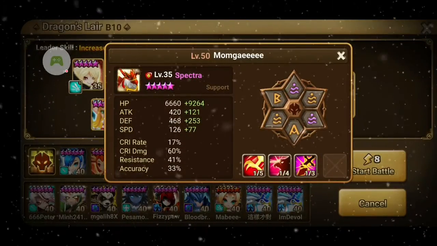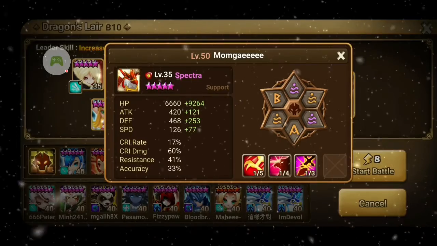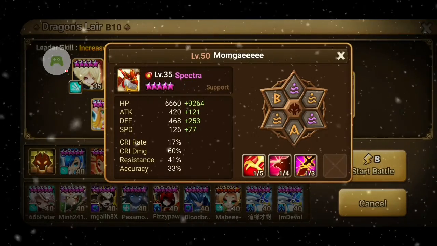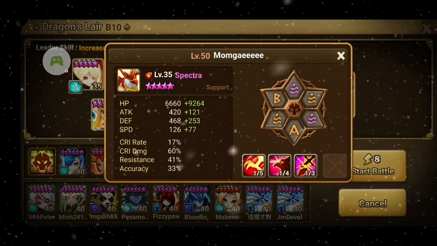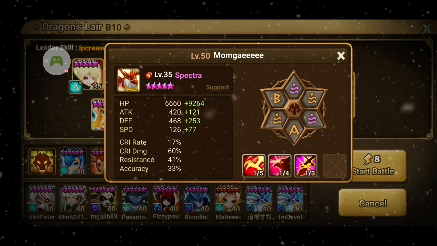Spectra here. So Spectra is the Fire Griffon. I know some of you go on summoning sessions and you go, oh, I summoned a Fire Griffon. Looks like trash, doesn't have any good skills. Yeah, I'm gonna feed it. Okay, Fire Griffons not necessarily